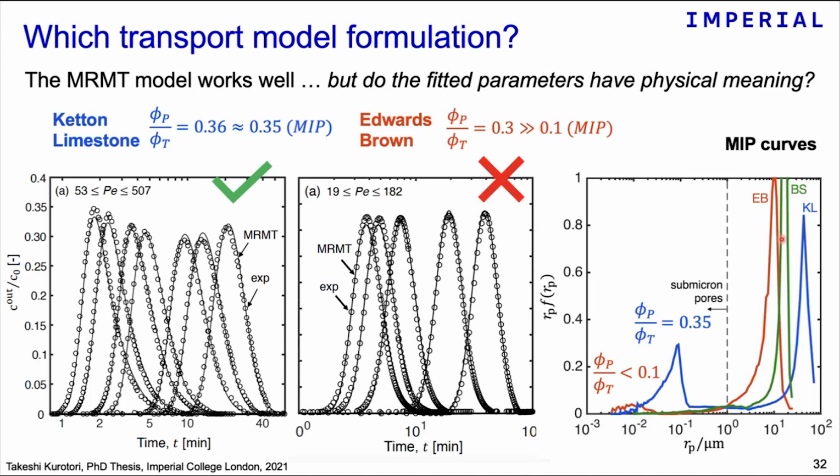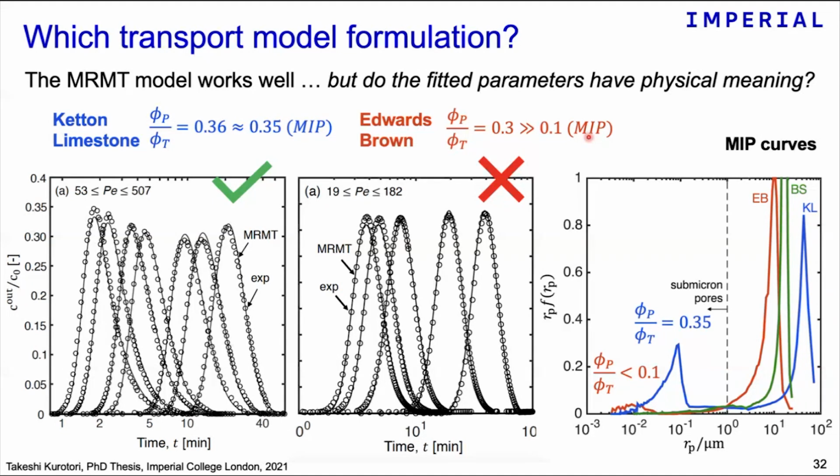You see here on the right, mercury intrusion porosimetry curves in terms of pore size distribution. The blue curve is Keton, and we see indeed that there is a significant fraction, about the same, 35%, of pores below 1 micron. So these are pores where we do expect only diffusion to take place as opposed to flow. The same model, though, for the other rock was predicting also a fairly large fraction of this immobile pore space, but we don't see these pores in independent measurements. Actually, we see a much smaller fraction.